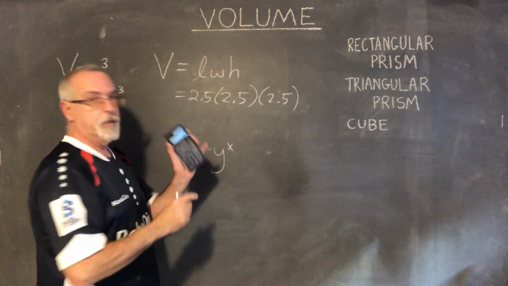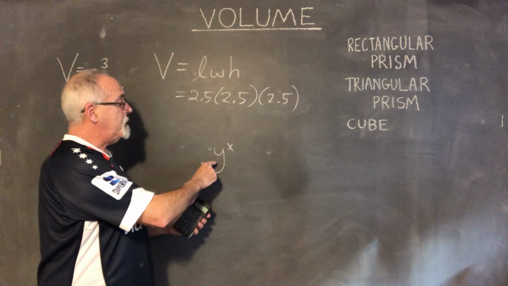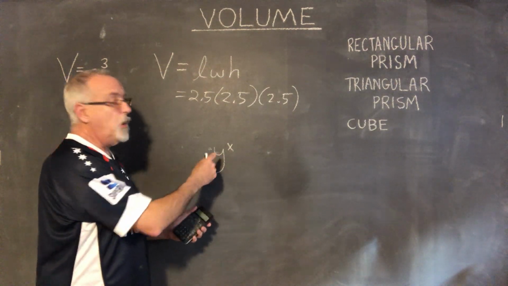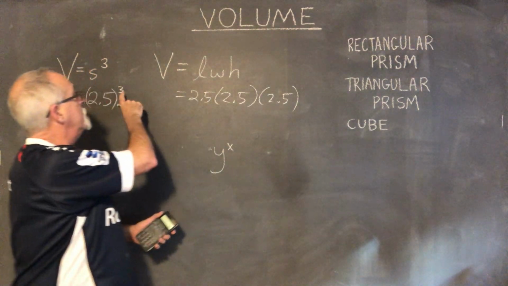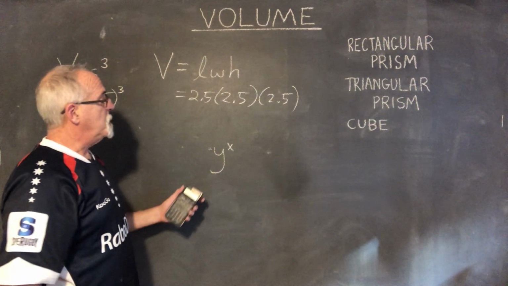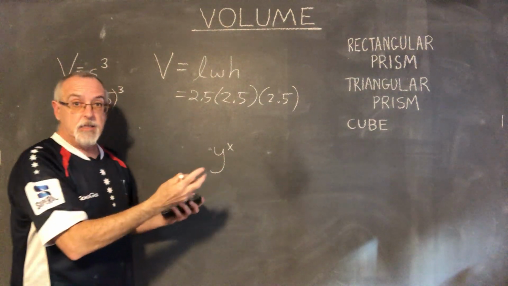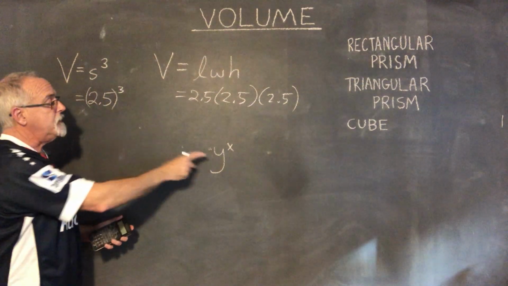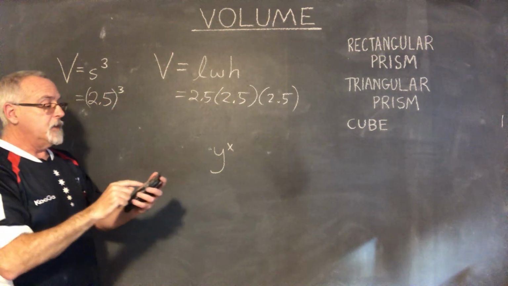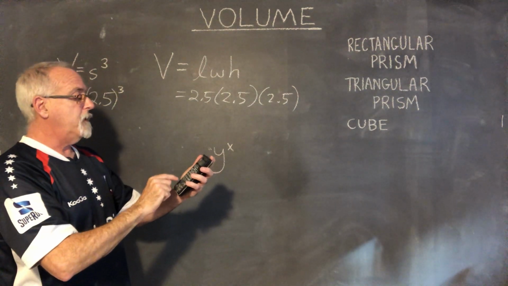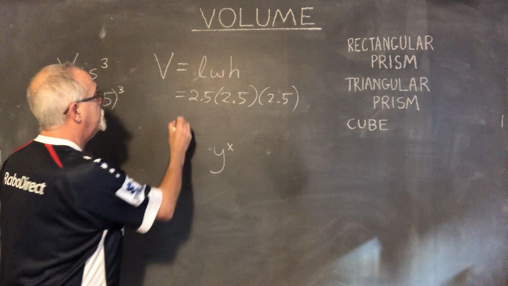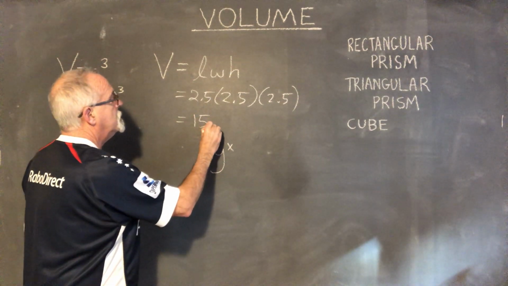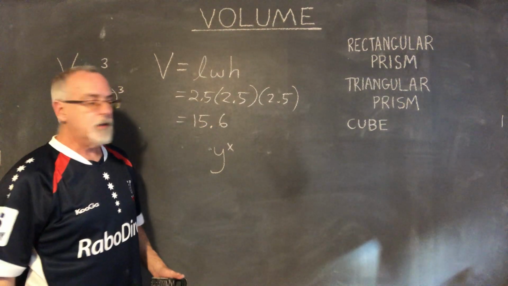And to use it for this one anyway, you type in the y, and then you hit that button, and then you type in the exponent. So the y is the base, which is the 2.5, and the x is the exponent, which is the 3. So that means I'm doing 2.5 y to the x 3 equals 15.625, which means 15.6 if I round it to the nearest tenth,